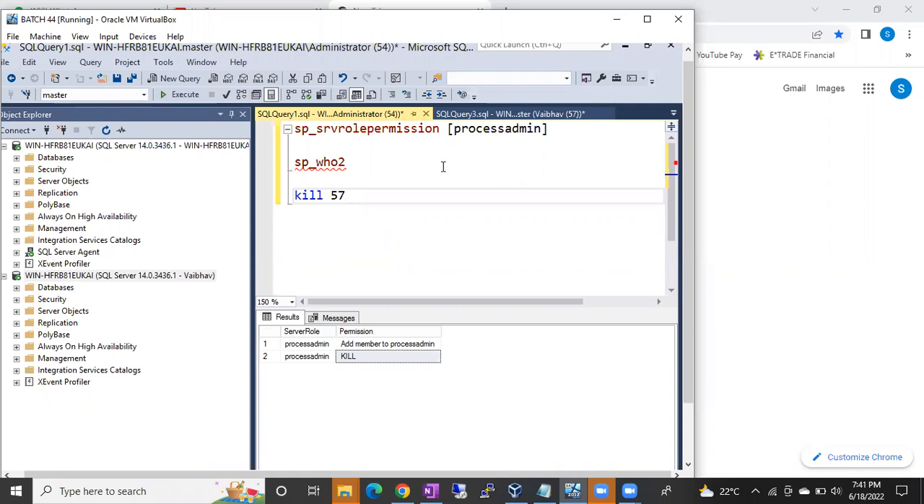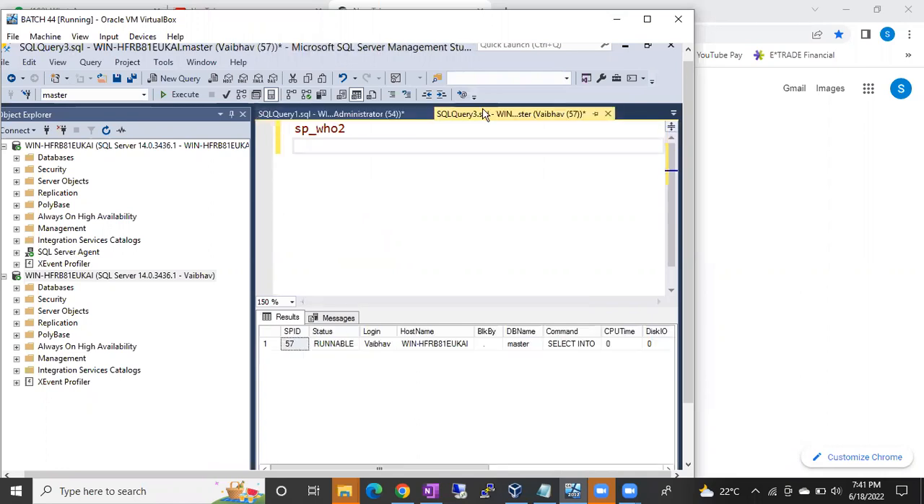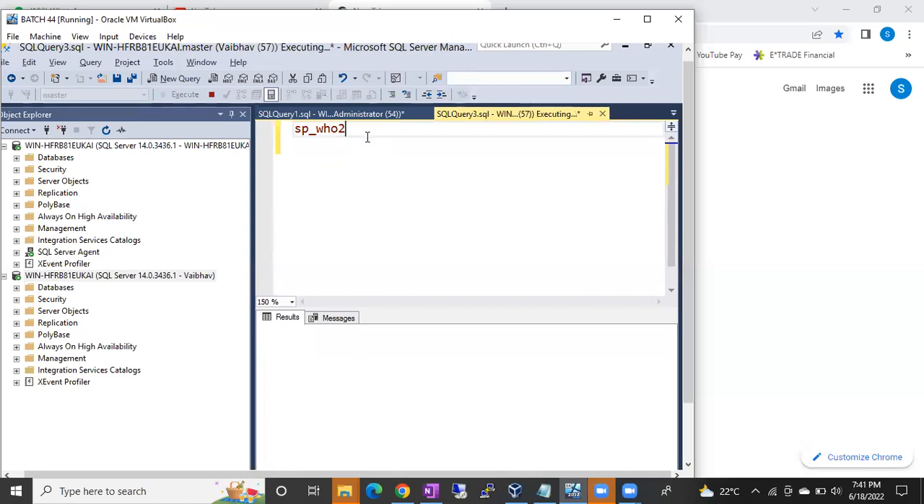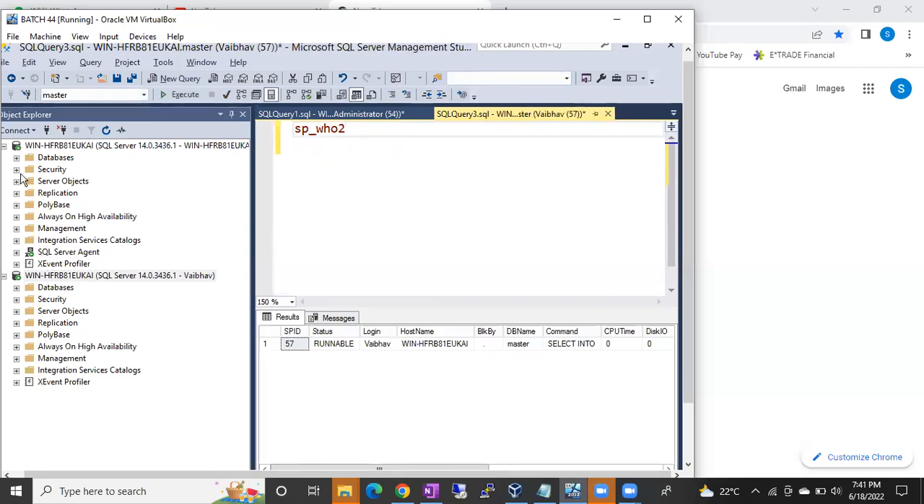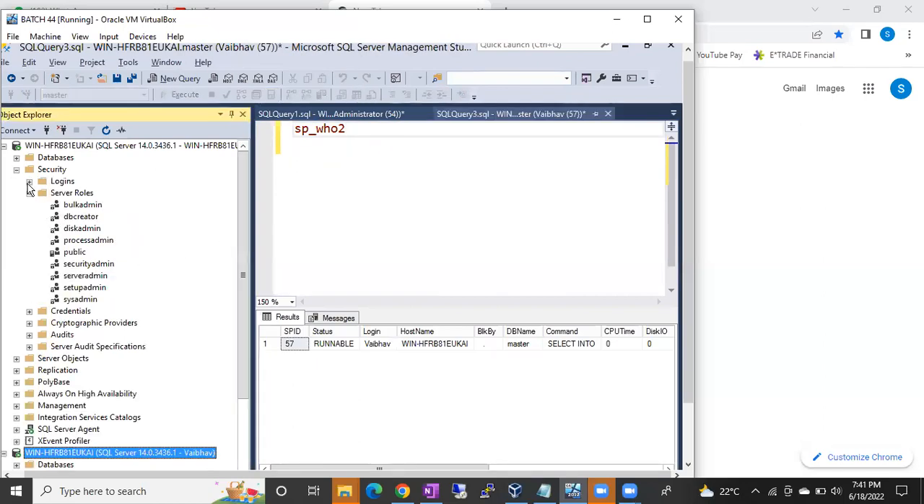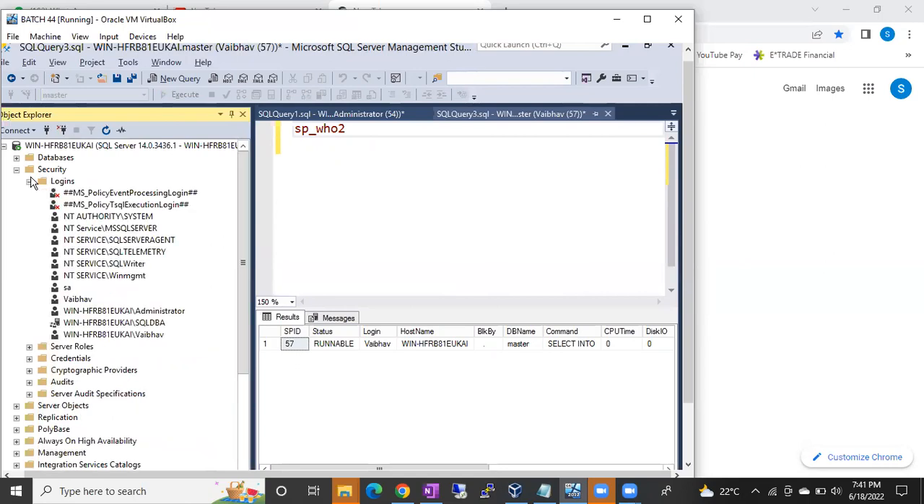Any other questions, guys? If you see here, Weibo doesn't have permission to see other sessions. Now let's add Weibo to the process admin role. Now you can see Weibo can execute the same query. Weibo, double click